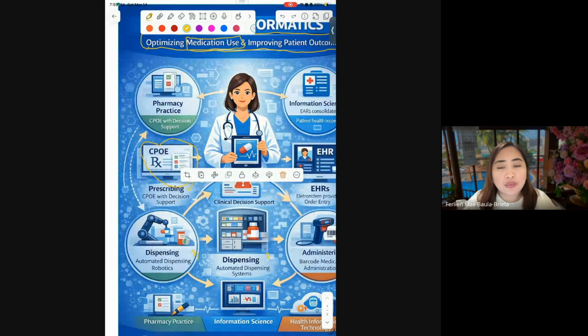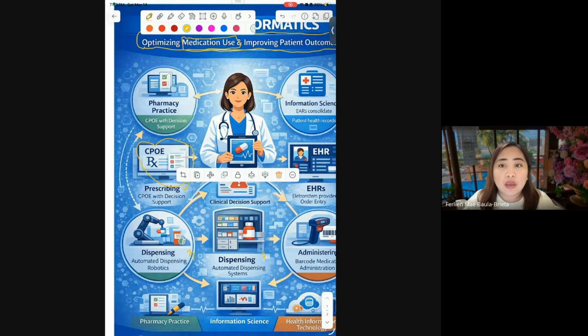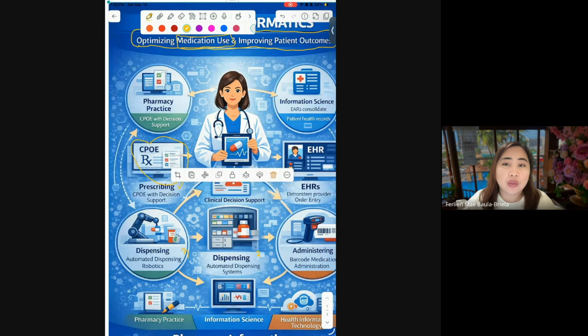Pharmacists can use different data dashboards and analytic tools to identify prescribing patterns. So with these different tools or software, we can do a lot of things from the data that they store. It will be very beneficial for pharmacists. The only thing that we need to do is maximize these software so that we can provide more benefit for our patients.